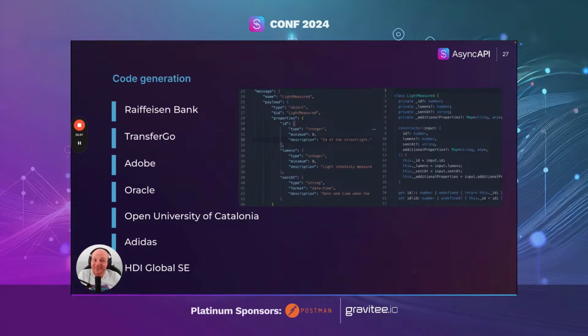Or in the case of the University of Catalonia, they even have their own open source toolkit integrated with Eclipse IDE, and they use it for many different things, especially in their quality of service monitoring, and they generate all this alerting code out of the AsyncAPI documents.